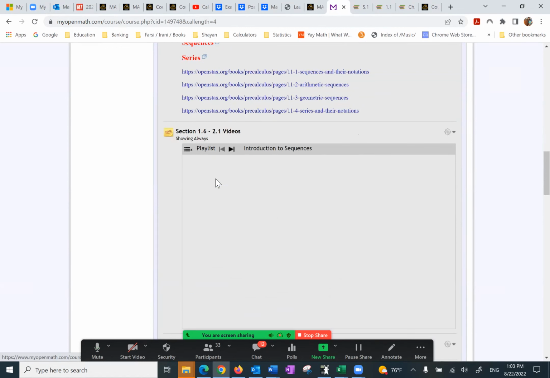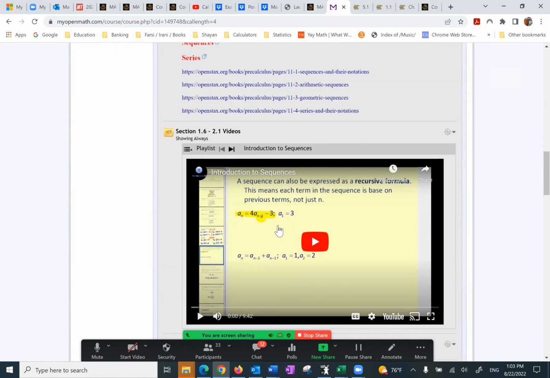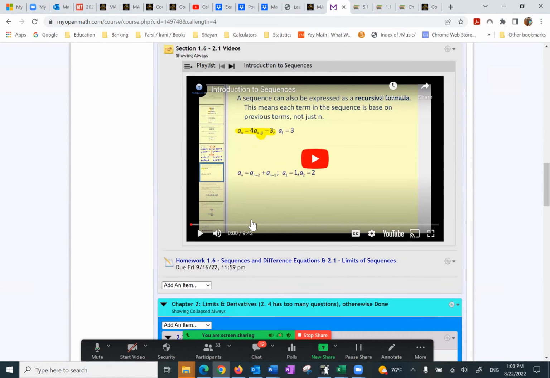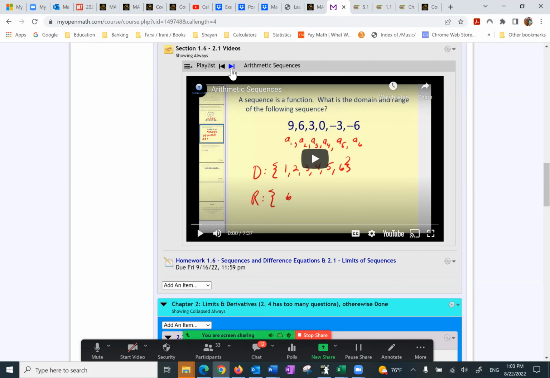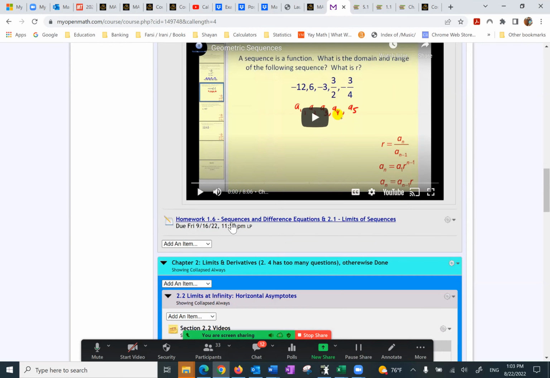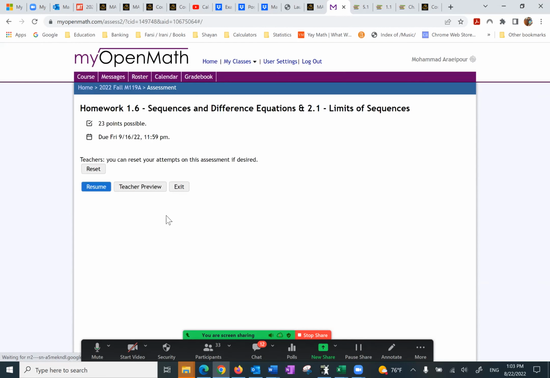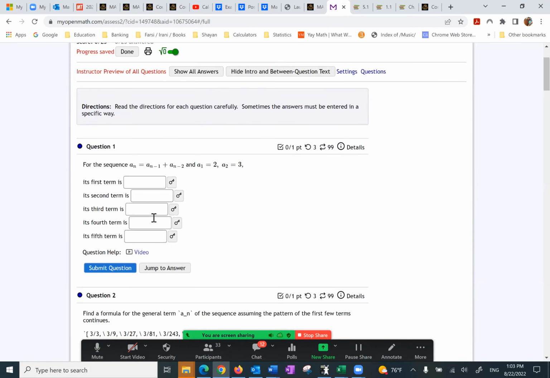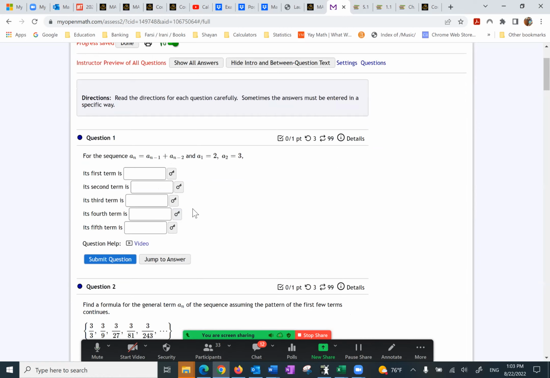So it starts with introduction to sequences, for example, or the next one, and so forth. And then you do the homework. When you do the homework, it's interesting. You have watched the PowerPoints, you've been through the class, you should have no problem with any of these questions.